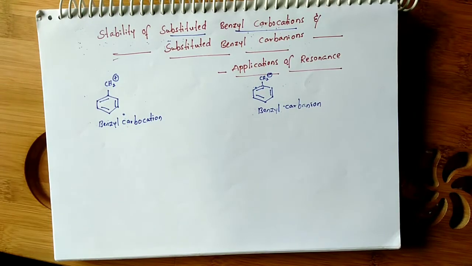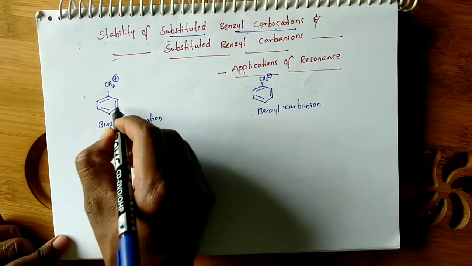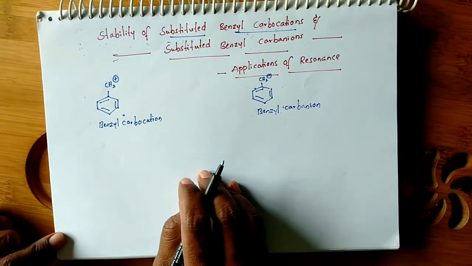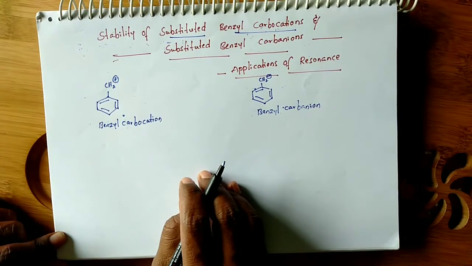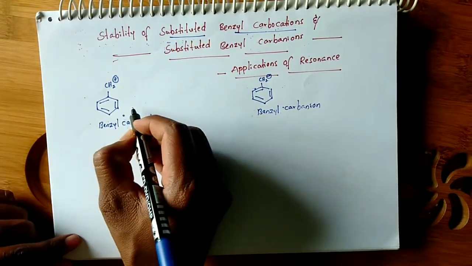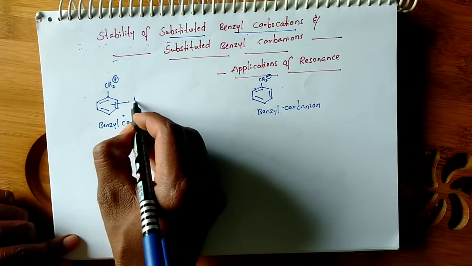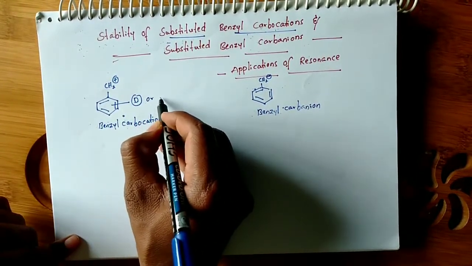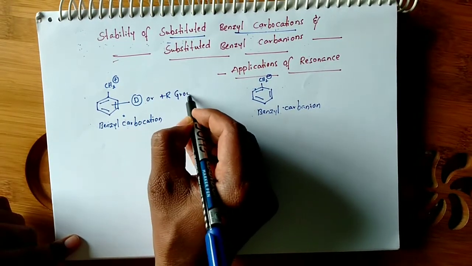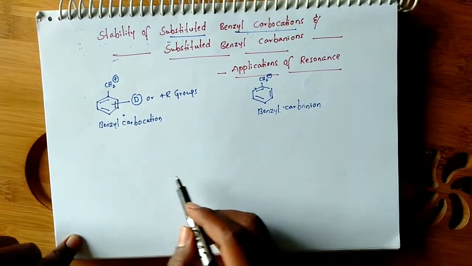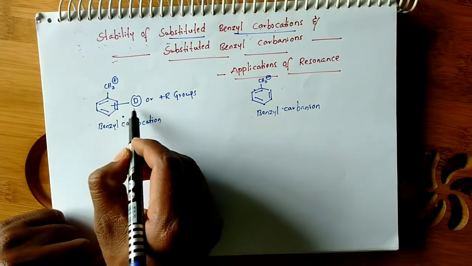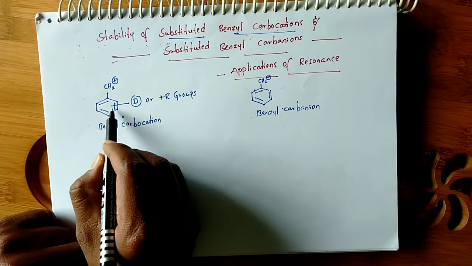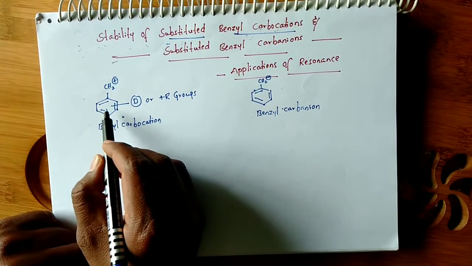Substituted with what? What kind of groups? Here there are two types of groups: plus R groups and minus R groups. Plus R groups are electron donating groups. So what are the plus R groups and minus R groups? I will give you. If an electron donating group is present on the ring, substituted on the ring,